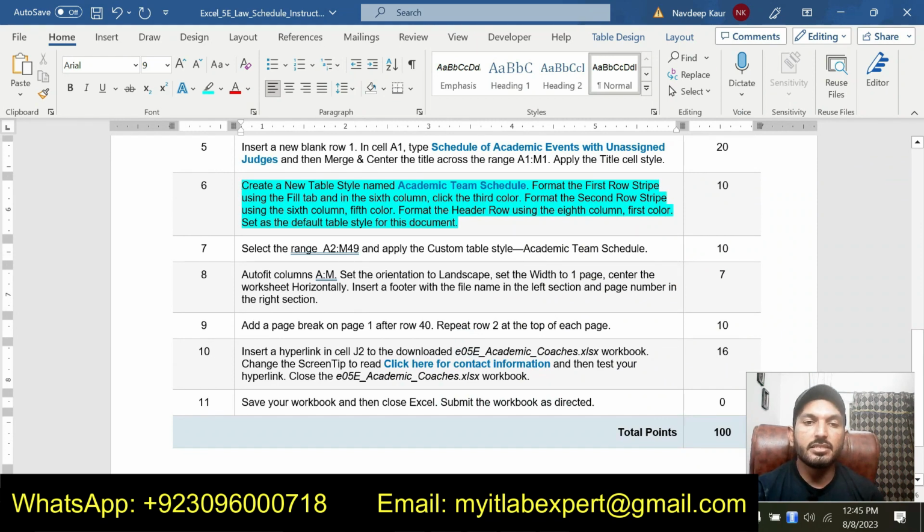Step number 6 is create a new table style named academic team schedule. Format the first row stripe using the fill tab and in the sixth column.